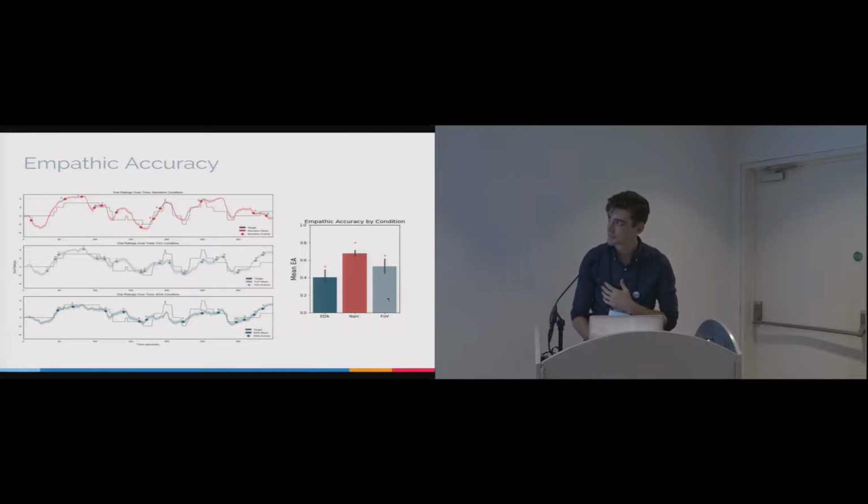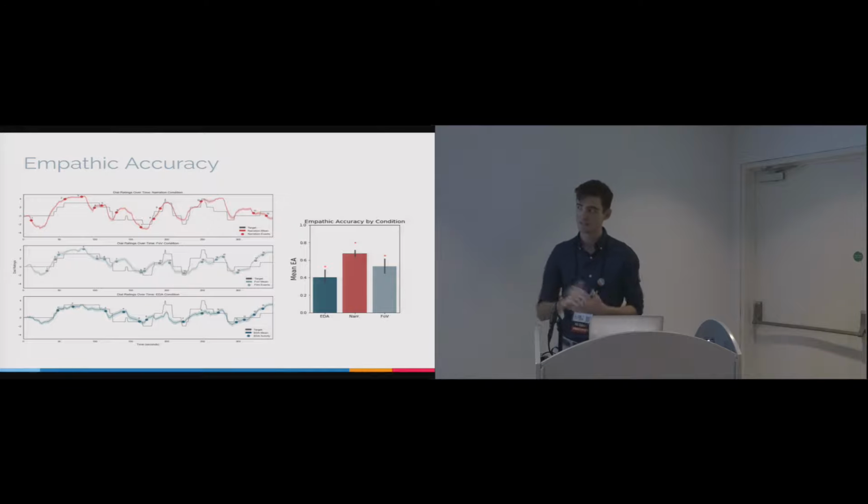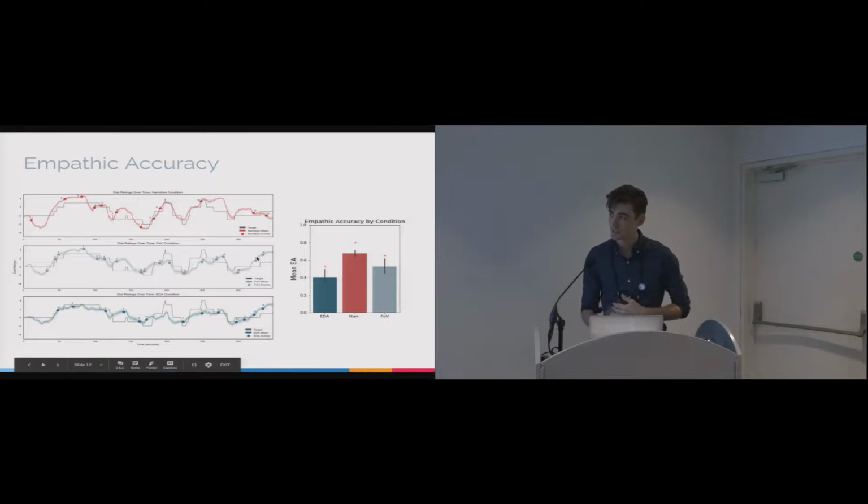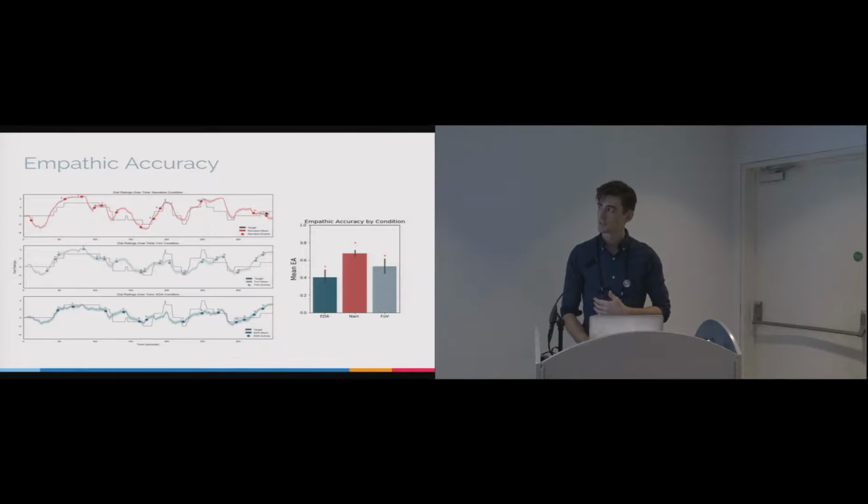An interesting case in particular is the very ending part of the video. It's the last scene, spoiler warning, sorry, but the daughter and her father are in a car, and they're getting their picture taken because the daughter has become famous. In both the field of view and the EDA conditions, the observers assumed that was a happy ending, but in the narration condition, the narrator described it as being confused and kind of claustrophobic, and so you could see near the end here that the narration one follows the target's ratings more.